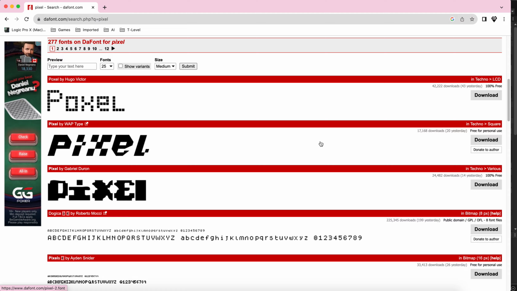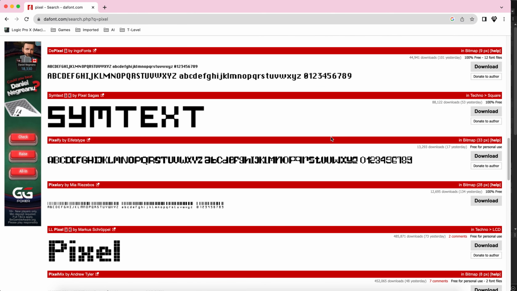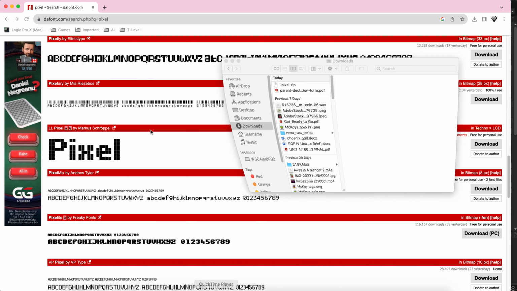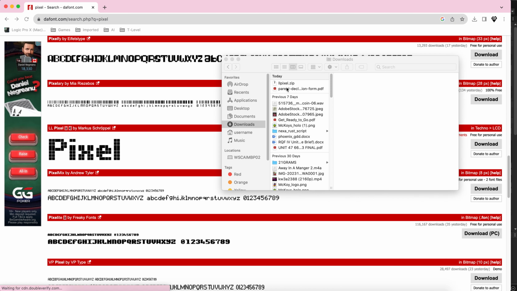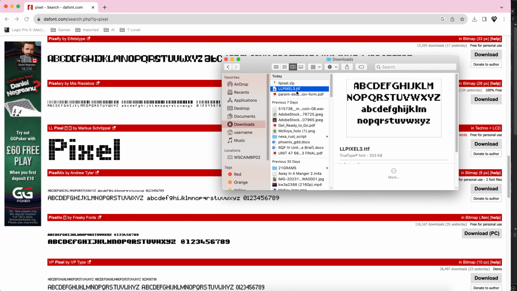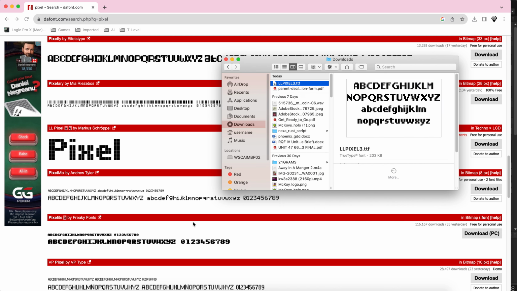Lovely. Ooh, crikey. That's not that good looking, is it? Simtex doesn't look too bad. Pixel doesn't look too bad. Let's try Pixel. So LL Pixel. So I'll click download. Lovely. This comes in a zip folder, so I can just quickly sort this out. Double click. Lovely, lovely. And then what I can do with that font, I'll just delete the zip folder,